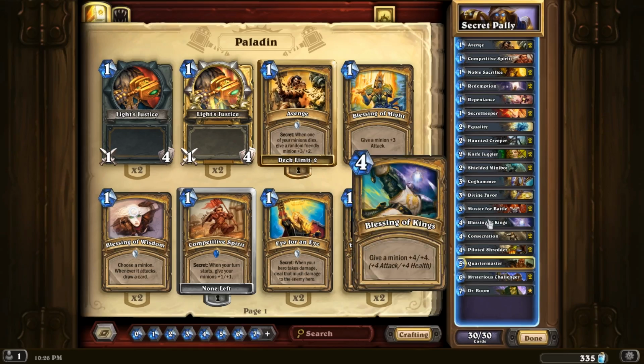I wouldn't put it on a lot of cards that have like the 3 attack, like your Knife Juggler or something like that, or even your Secret Keeper if it puts it over 7, because you don't want the creature to get Big Game Hunter the turn after you play Blessing of Kings. So